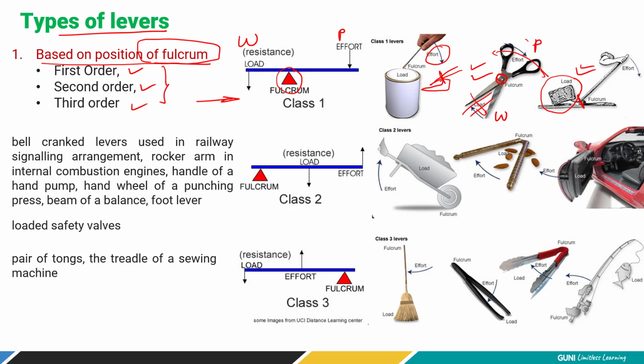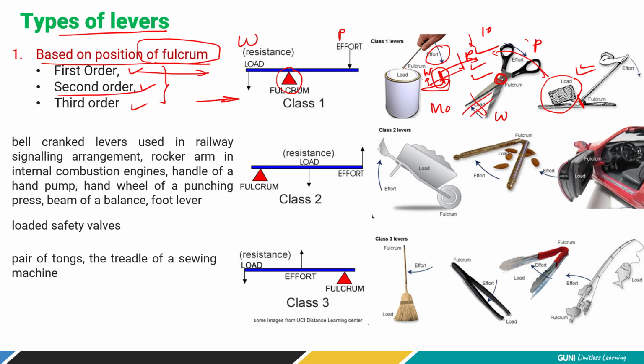So this is your fulcrum point, this is your load point, and this is your effort arm. The effort arm is very long, having a higher distance. Hence, the effort applied is multiplied by this distance, because of the principle of moments. Hence, if you are applying 10 Newton, it becomes maybe 20 or 30 depending upon the ratio, right? So you can easily open this. But in all these examples, the fulcrum is in the middle of the effort and the load. That is why it is referred to as first order.